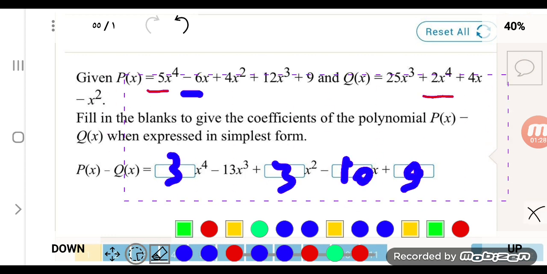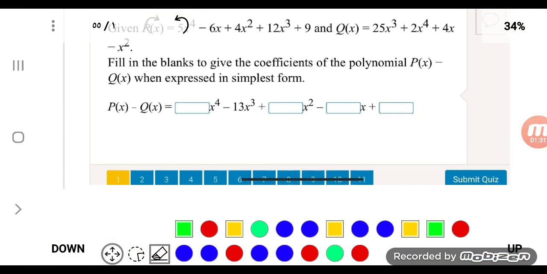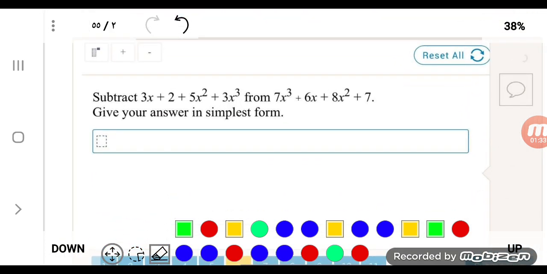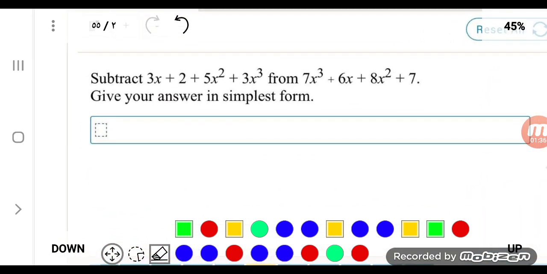So let's now move to next one. So here, for example, subtract 3x plus 2 plus 5x squared plus 3x squared from 7x cubed plus 6x plus 8x squared plus 7. So what do you do in this case? In order to solve this question, you have to do the subtraction. So you have to subtract 7x cubed